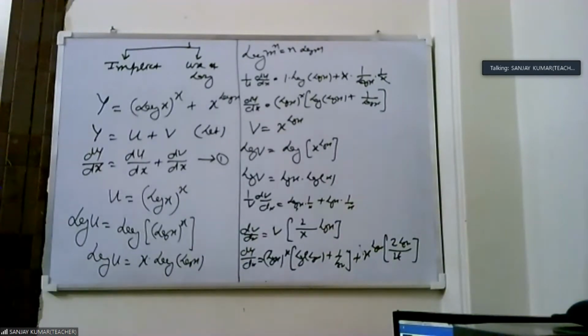Then it is a simple product rule when we differentiate. We consider u and y. When we differentiate log y, it is 1 by y dy by dx. Same thing with u: we differentiate log u, 1 by u into du by dx. Very simple. You differentiate u separately, v separately. Then when you get the answer, we put it in the first equation. The final result comes from the first equation, which is the last answer.